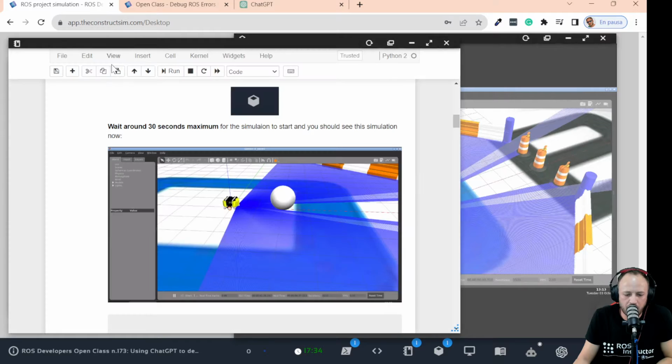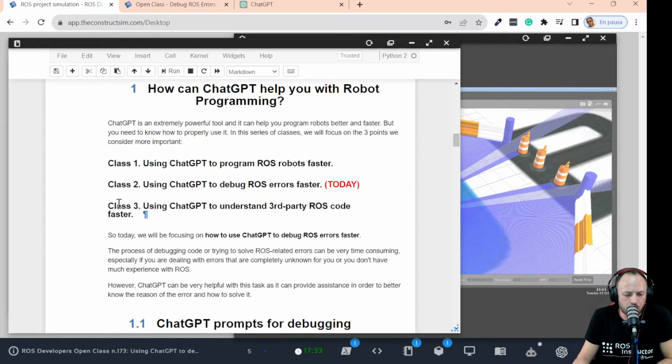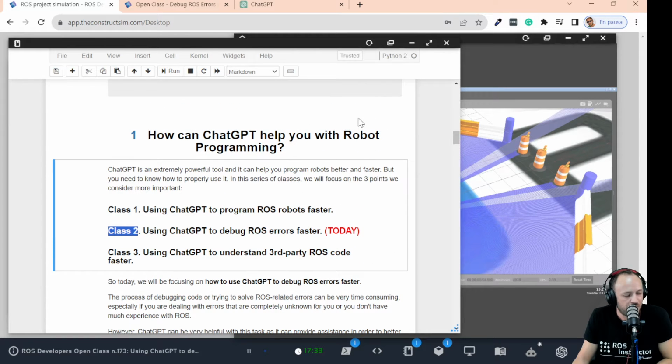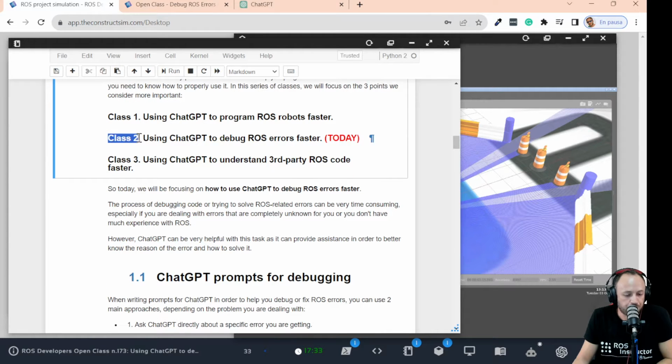So now we have the simulation available, and we are going to use it at the beginning for showing a couple of examples. Let me remind you again that today we are in class number 2 of this series, which is named How Can ChatGPT Help You with Robot Programming? Last week we covered class number 1, which was using ChatGPT to program ROS robots faster. If you didn't watch it yet, I recommend that you go there and watch it. Today we are on class number 2, and we are going to see how to use ChatGPT to debug